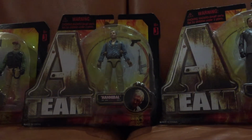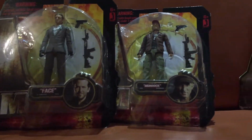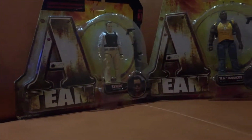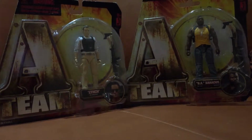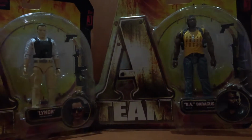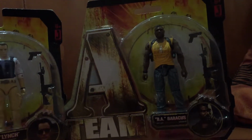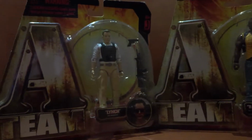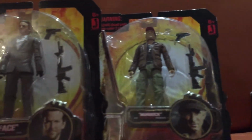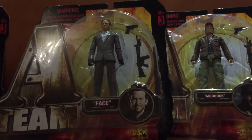What we've got in this video is the individual figures. If we just pan across there, we've got BA, Lynch, Murdoch, Face, Hannibal. And if we just have a close look at these individually, to start with we've got BA here. And next to him we've got the Lynch figure, and then of course we've got Murdoch here with Face, both